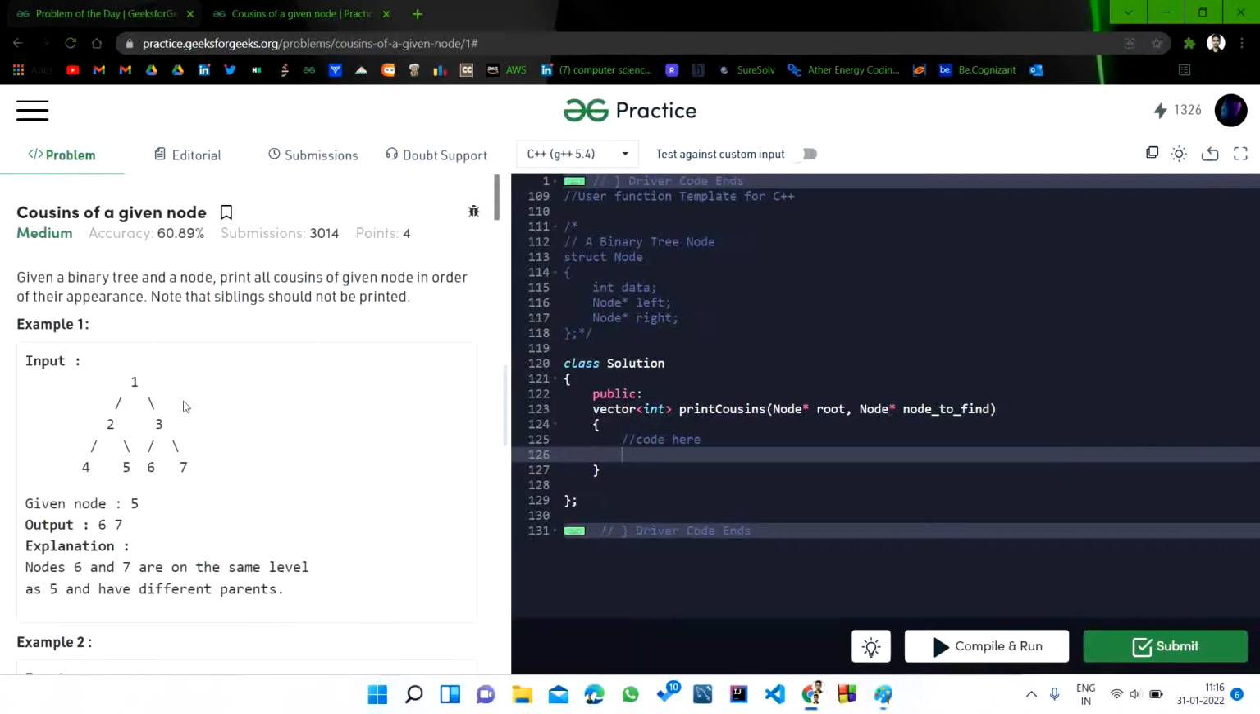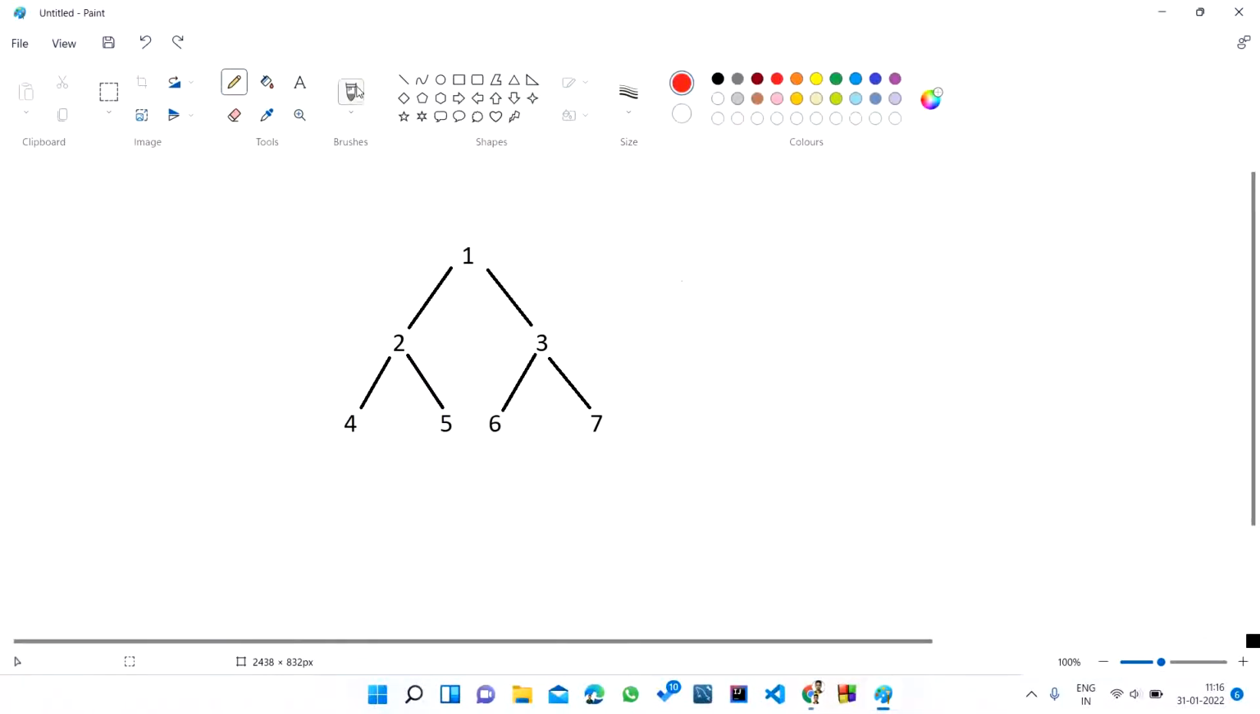So let's take this first example, and the given node is 5. We have to print all the cousins of the given node 5, right? So how can we do that? As you know, 5 is present here and its sibling is 4. So we have to print all the cousins. Here the cousins are nothing but all the nodes which are present on the same level of the given node,